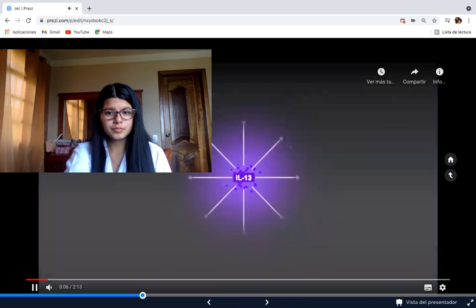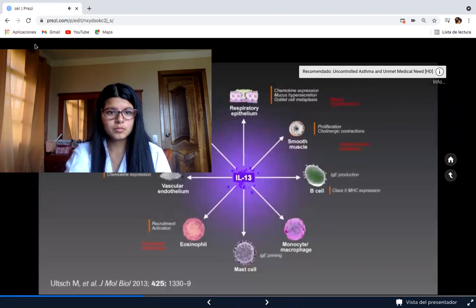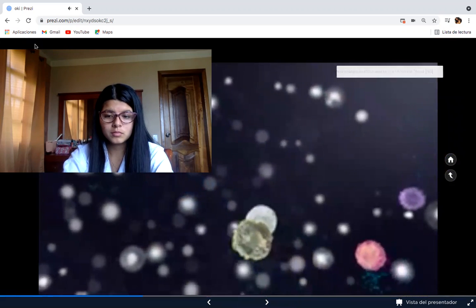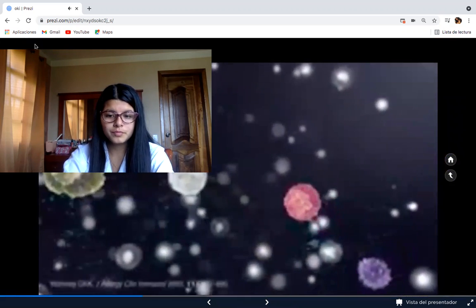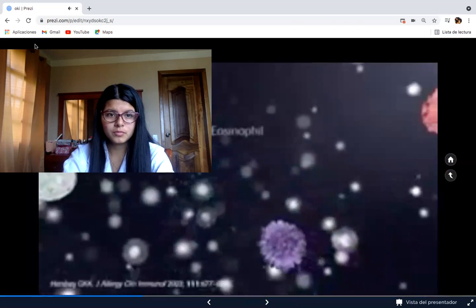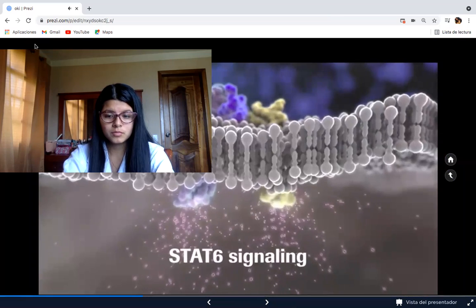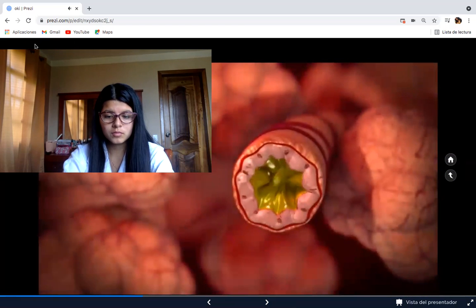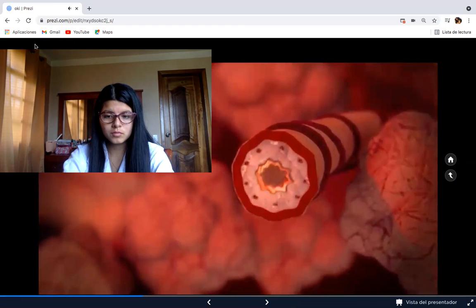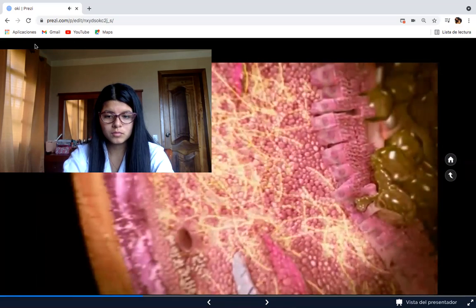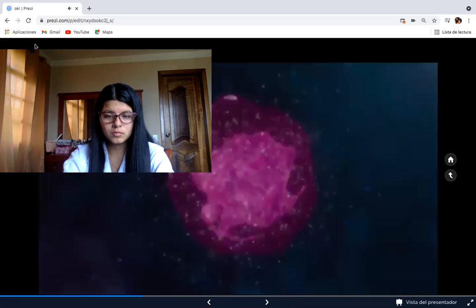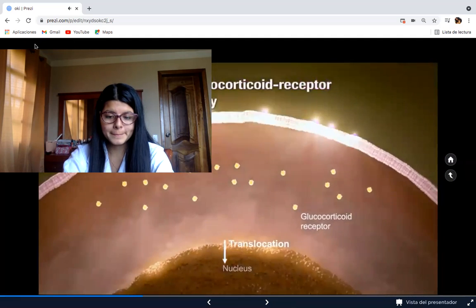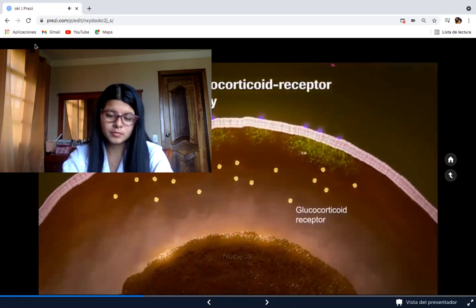IL-13 is a pleiotropic cytokine central to the type 2 response. It is produced by activated T cells, NKT cells, basophils, eosinophils, mast cells, innate type 2 cells, and monocytes, and is elevated in a subpopulation of patients with asthma. IL-13 acts by binding to IL-13R alpha 1, causing heterodimerization of the receptor with IL-4R alpha and subsequent signaling.